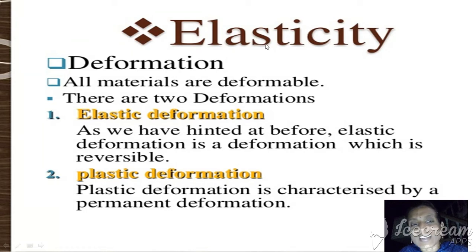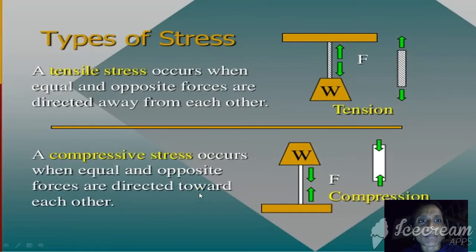Later, elasticity indicates deformation, change in the formation. How many materials get deformed in nature? All materials get deformed with the application of force. How many deformations are there? There are two types of deformations. The first one is elastic deformation and the second one is plastic deformation. Already we understood that elastic deformation is reversible. But plastic deformation is not a reversible phenomenon, it is the permanent deformation.